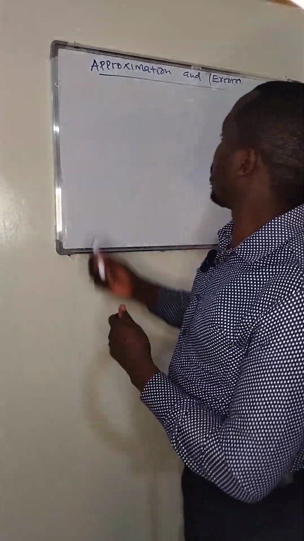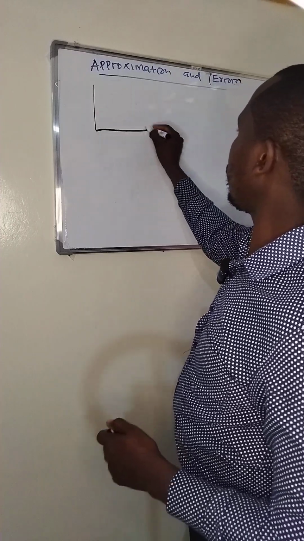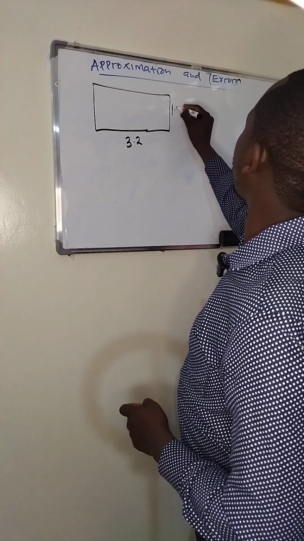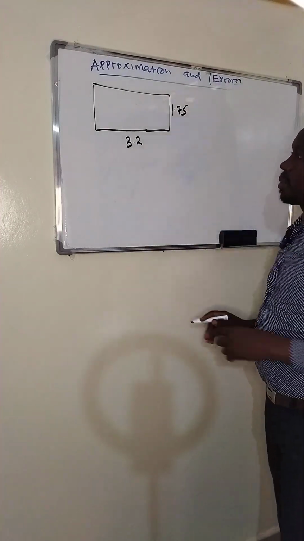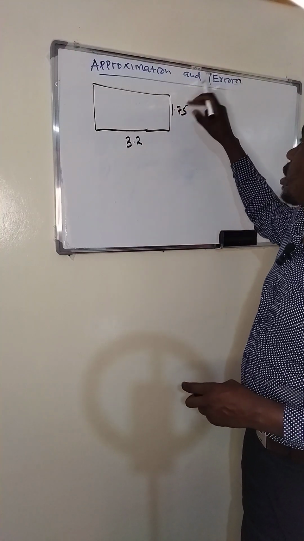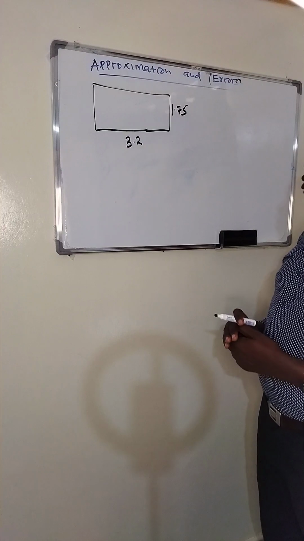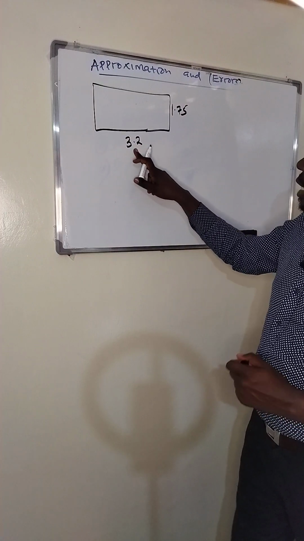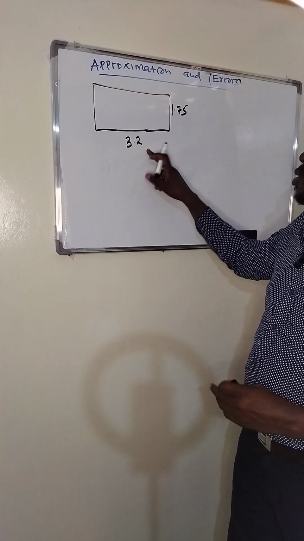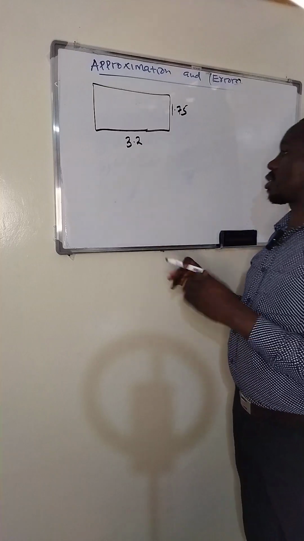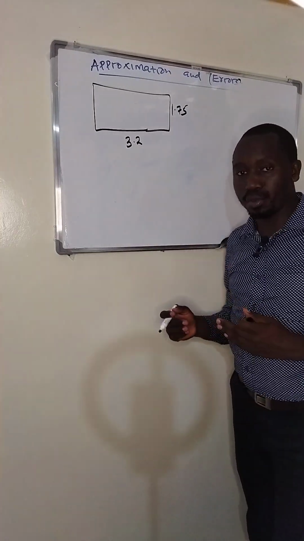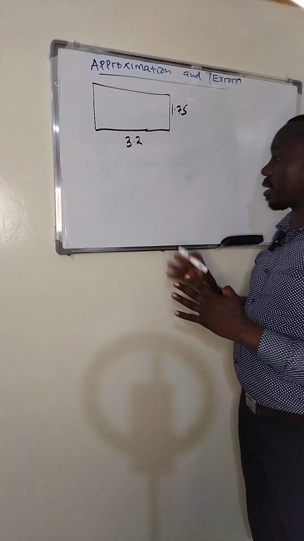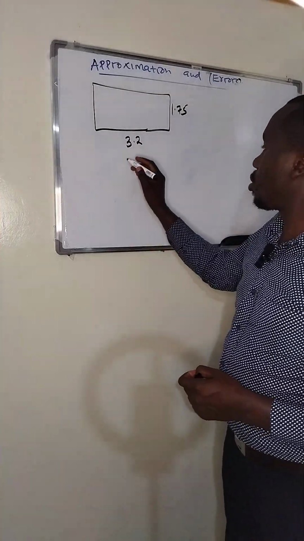So take, for example, if you measure a rectangle, 3.2, 1.75. You notice the length has been measured to 1 decimal place, the width has been measured to 2 decimal places. So in this case, you will need to get the least unit of measurement. The least unit of measurement here is 0.1 because it's 1 decimal place. Here, 2 decimal places is equivalent to 0.01. So if you want to get the error in measurement, you take the least unit of measurement, 0.1,